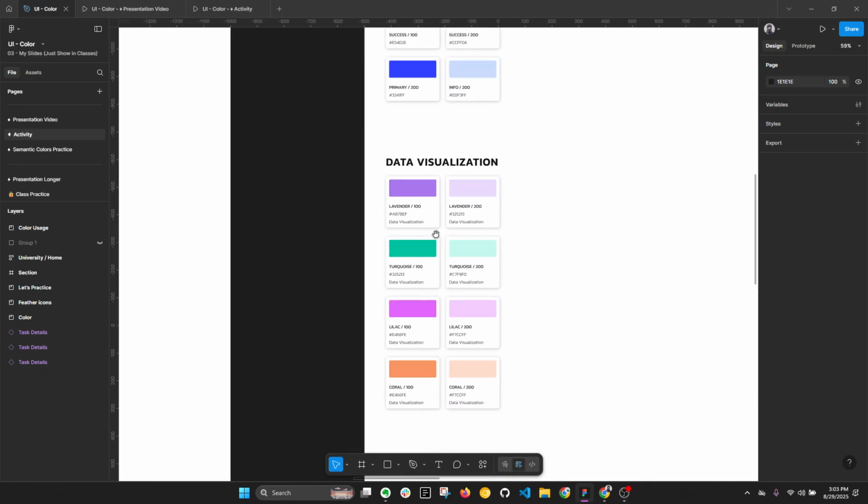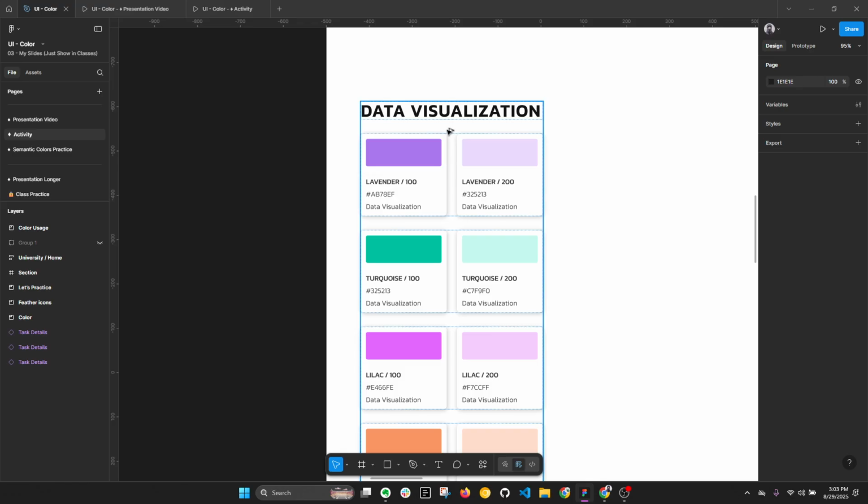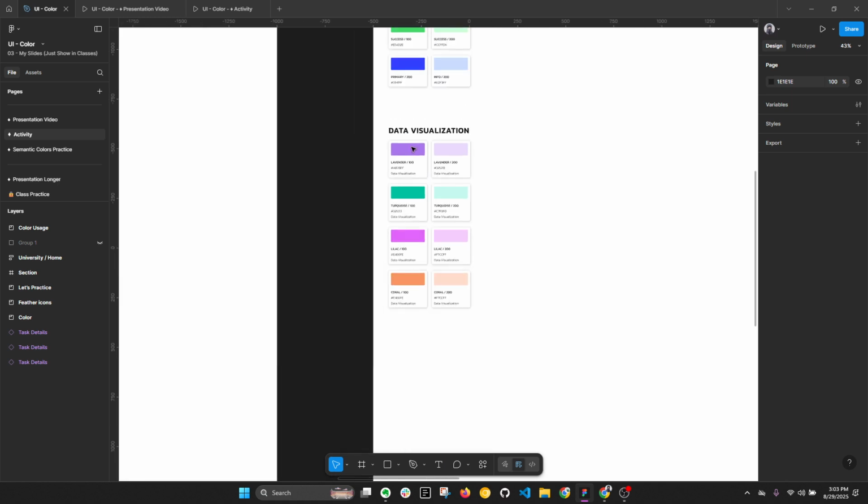For the rest of the palette it will be boring, but for data visualization, since we can't define the use, because we will have different types of charts, you can get creative with the names here. In my experience, I do that. Anyways,